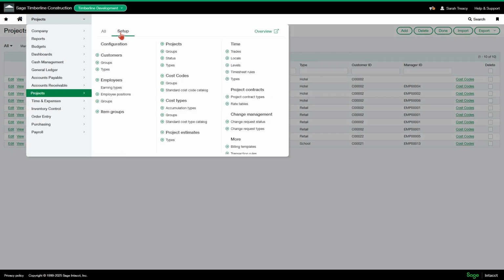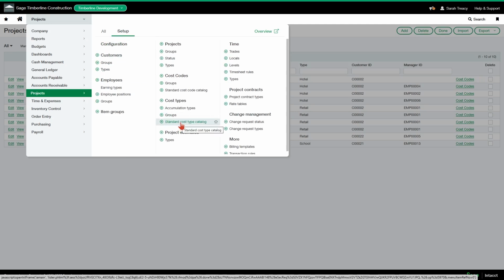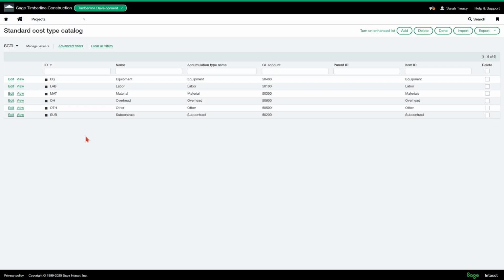And then each cost code is going to have cost types associated with it. So I'm going to take a look at our standard cost type catalog, and these ones come out of the box. So equipment, labor, material, overhead, other, and subcontract come out of the box, and 90% of our clients are happy to use these. You may have a bigger list of standard cost types, which is totally fine. You know what costs you want to track. So that's absolutely fine. A good example of how to set these up is the ID material, name material, the